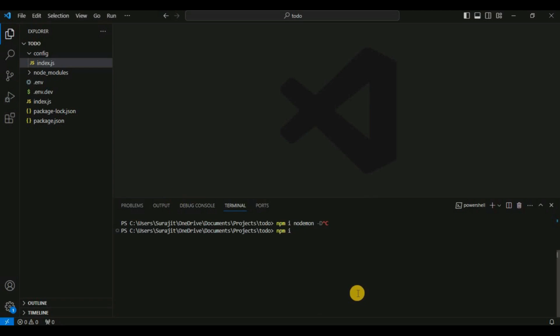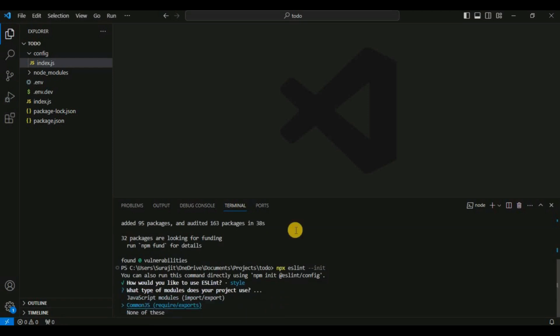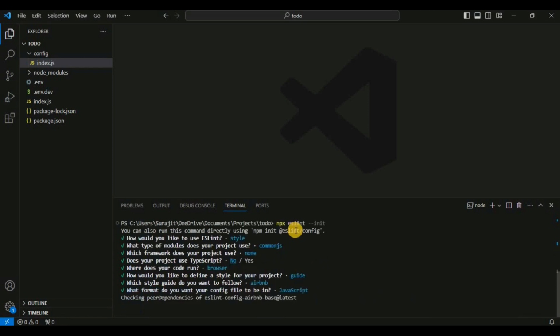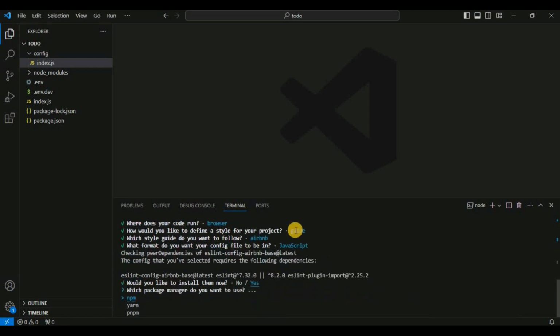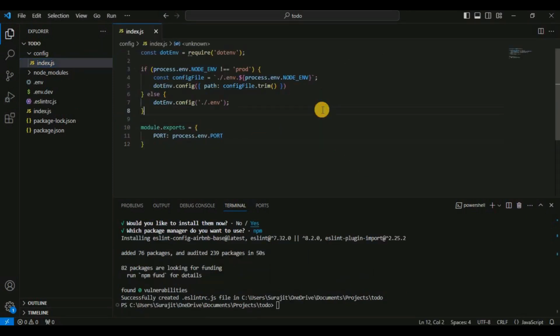I will add it as a dependency, and next I will configure it with npx eslint --init. I'll install it now. So it's configured, and if I open the index.js file,